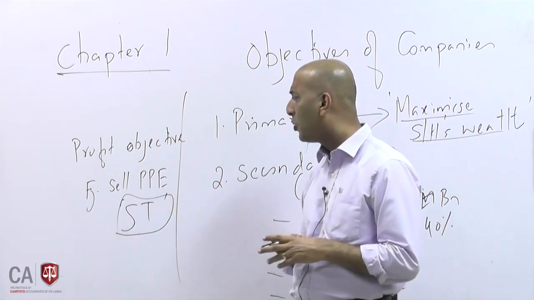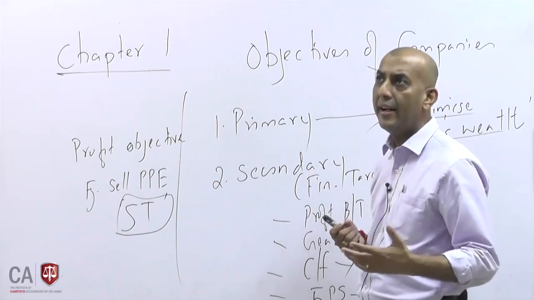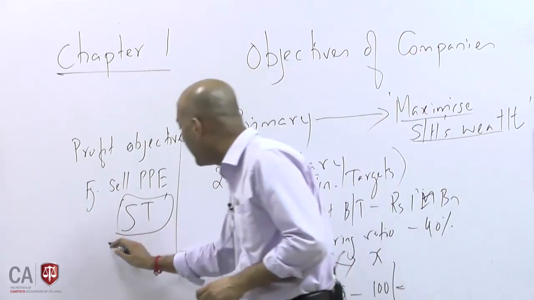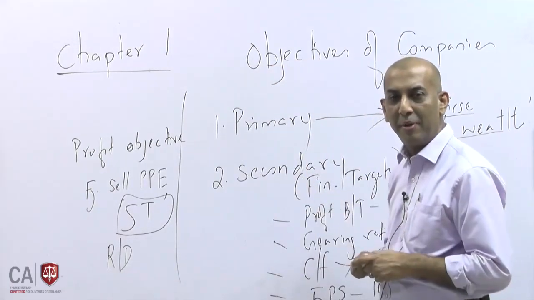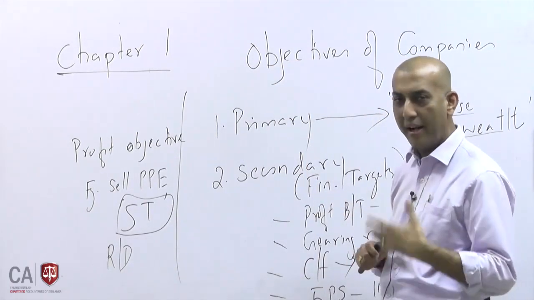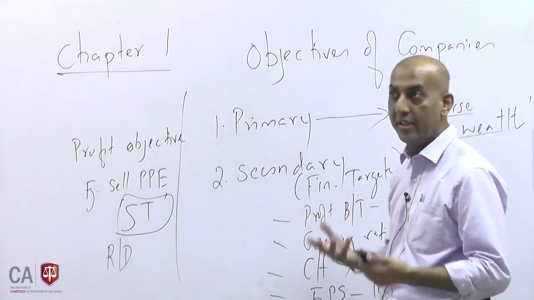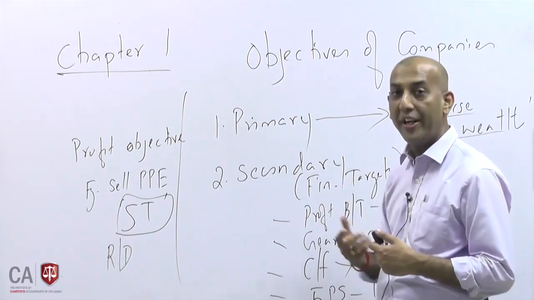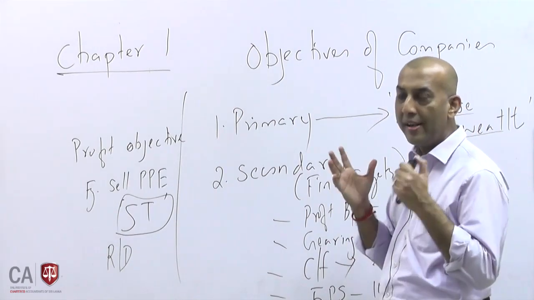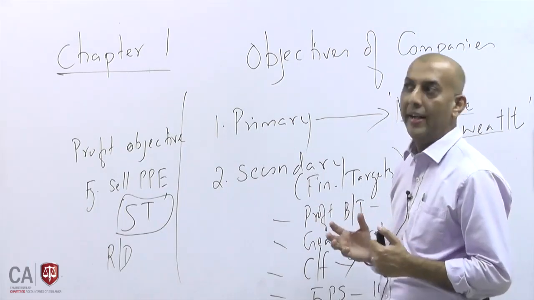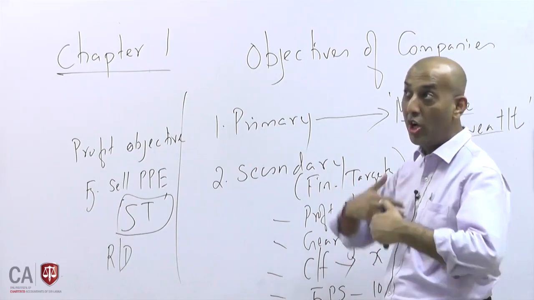Another example is that, in pursuit of the profit objective, you can delay research and development. You don't incur research and development costs, especially in product companies, such as electronics or other products where you need innovation regularly. Your company needs to incur X amount of money annually in research and development, which will benefit your company in the long run.